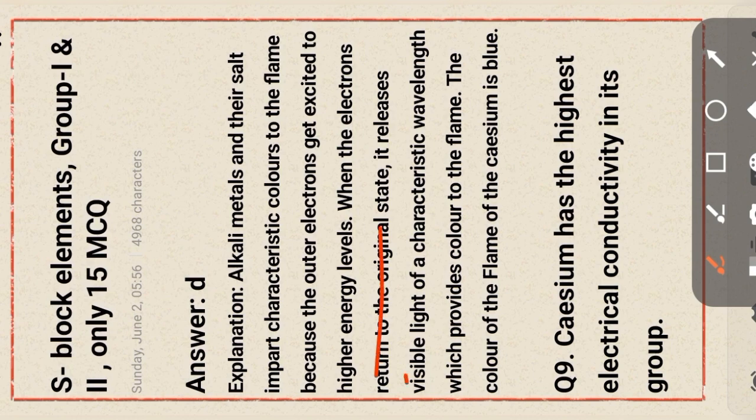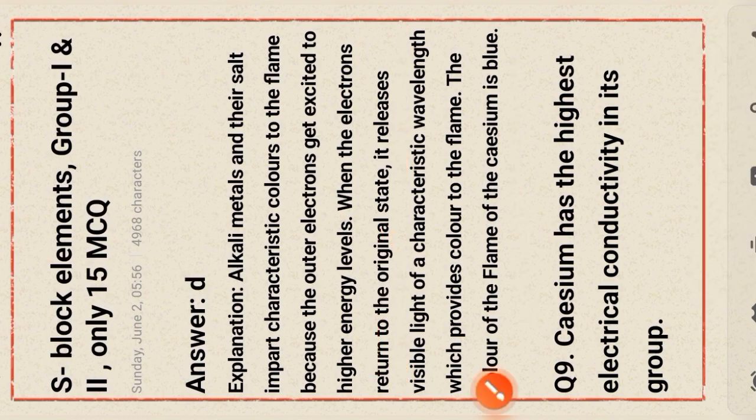When the electrons return to the original state, they release visible light of characteristic wavelength, which gives color to the flame. The color of the flame of cesium is blue.